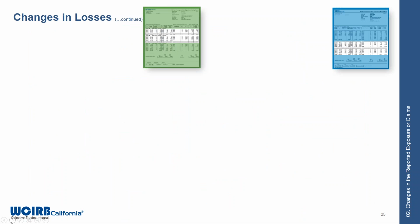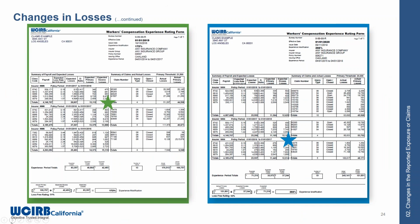Let's do a comparison. Sorry, let's go back. One thing to note is that for 2016 and 2017, we are assuming that the claim values may have stayed the same, but that may not be the case. So the increase of the mod from 172 to 266, part of that could have been from the addition of claim values and the number of claims for the 2018 policy, and our difference in actual primary losses going from,